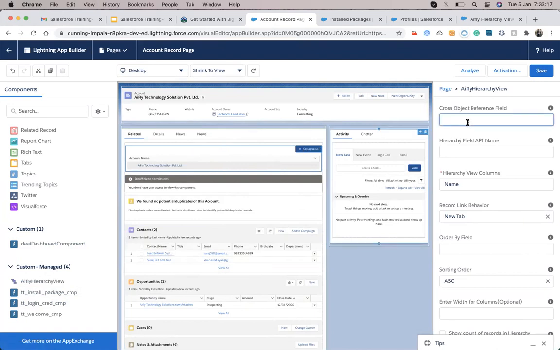Now it's asking for the confirmation name, on which object, your account. What else is there? Billing address. Yeah, just billing city. Okay. You can add it up here, and then we just hit save.